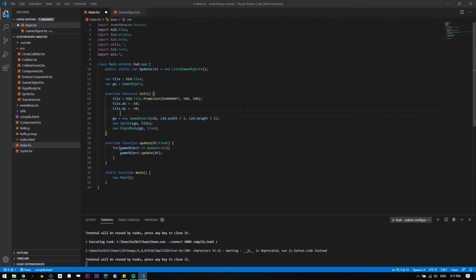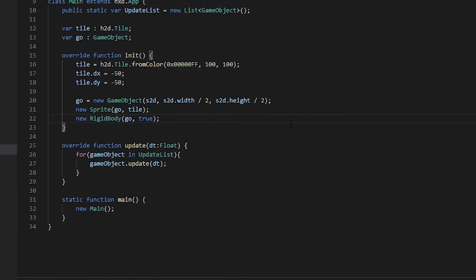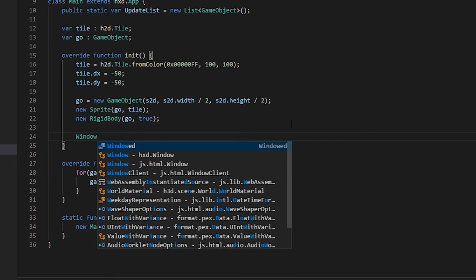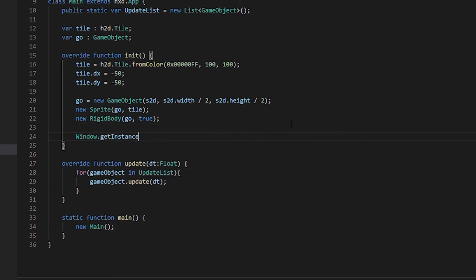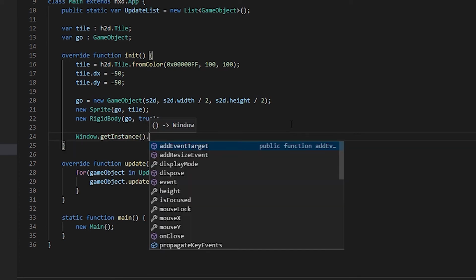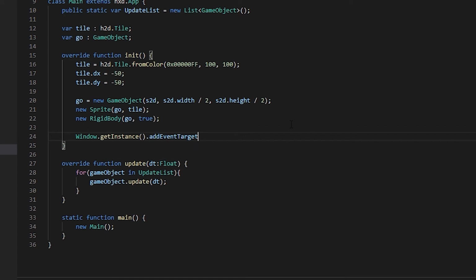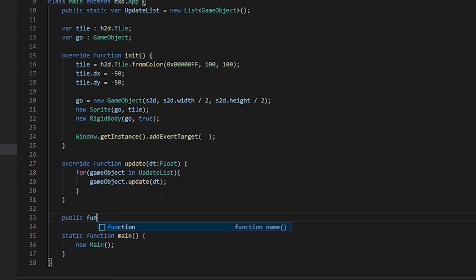Come on, man. First of all, we need to listen to click events. So we do it like this. We say window dot get instance, and then we say dot add event target, and in here we say the name of our function that interprets the event. So we're gonna make a new function here, public function interpret event,